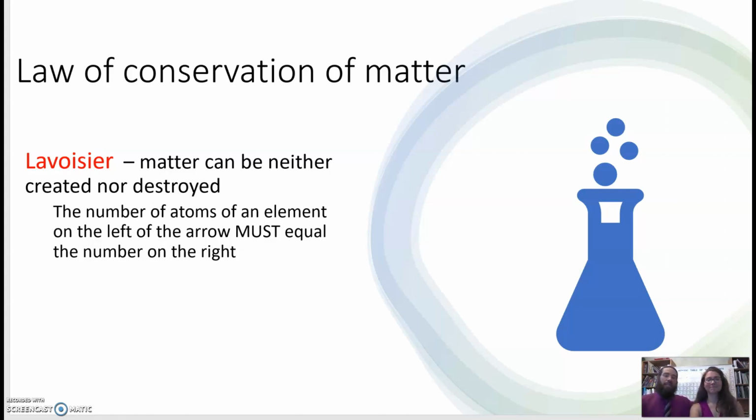Yeah. Anyway, back to the law of conservation of matter. This law says that we cannot create nor destroy matter. So what that means is, from an atom standpoint or an element standpoint, if there are elements in the reactants, they're going to be present in the products. Now, they might be in a different compound, but they're going to be there in the same proportion, and this